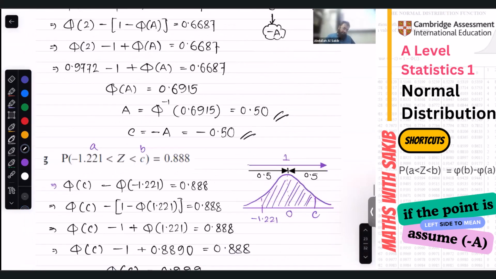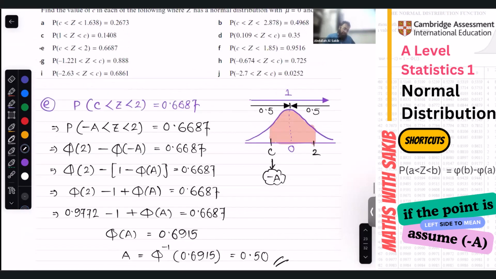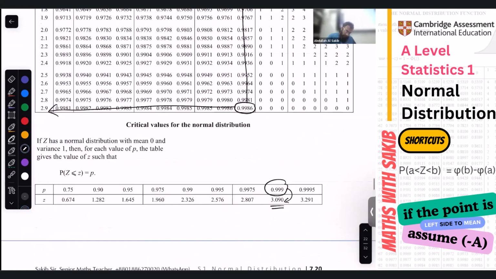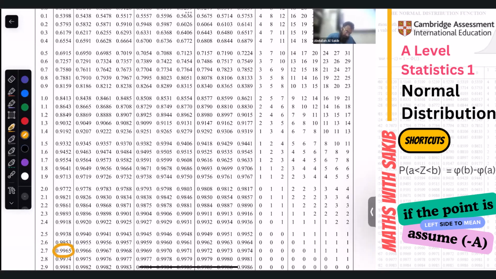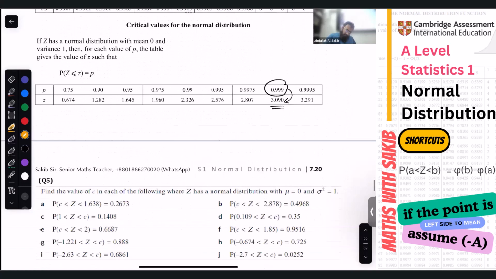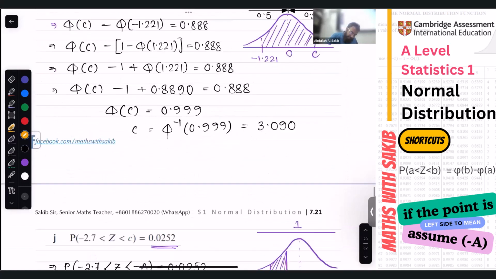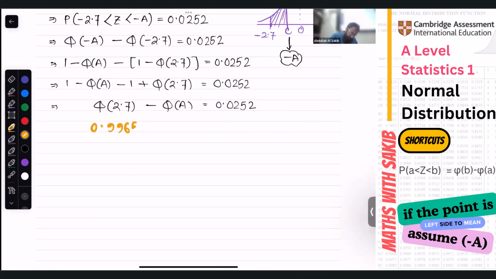So we have to find the probability of phi 2.7. So 2.7 means 2.70. This one, 0.9965. Clear? So this is our 0.9965